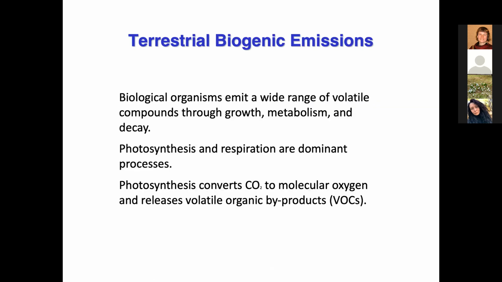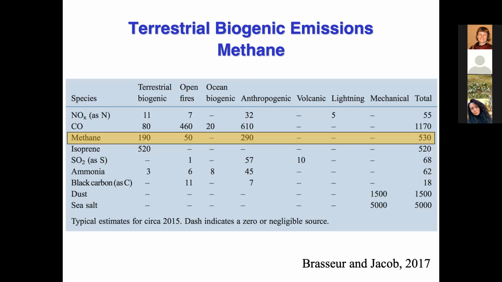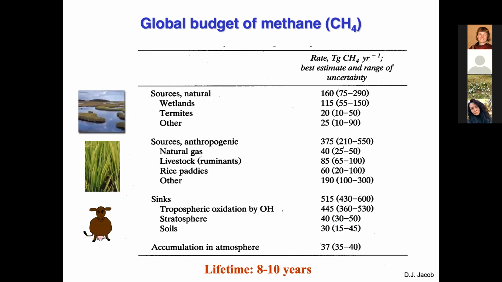So let's start with the terrestrial biogenic emissions. Biological organisms emit a wide range of volatile organic compounds, and not only isoprene, by growth, metabolism, and decay. Photosynthesis and respiration are dominant processes. Photosynthesis converts CO2 to molecular oxygen and releases volatile organic byproducts, and that's our VOCs. So methane, we have about,